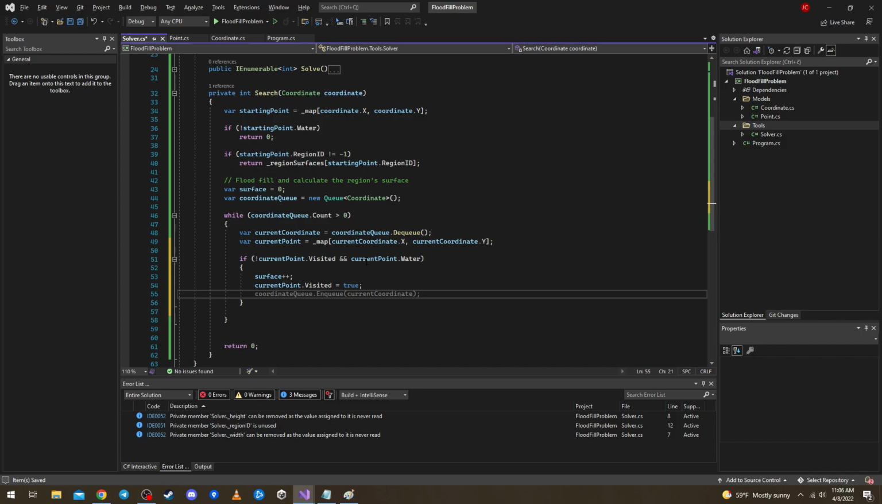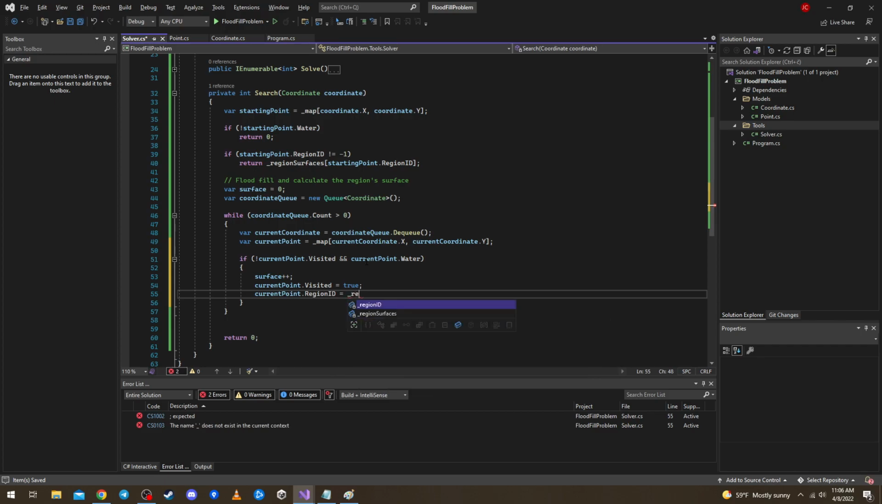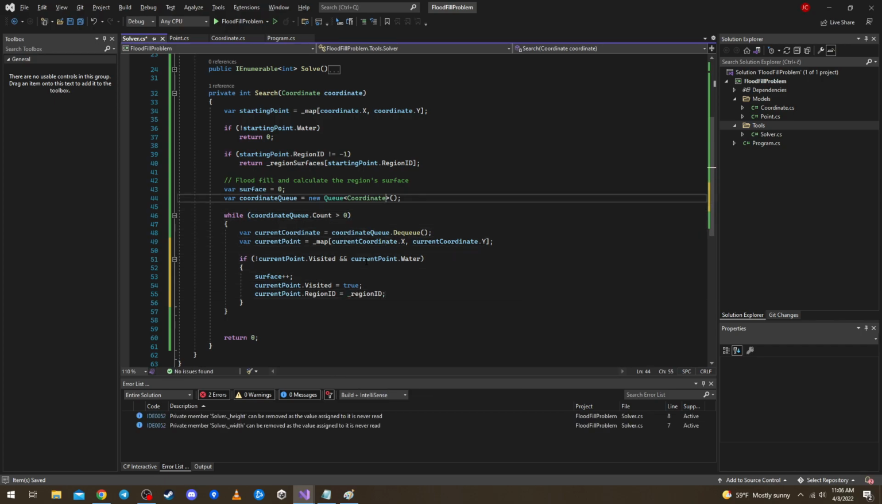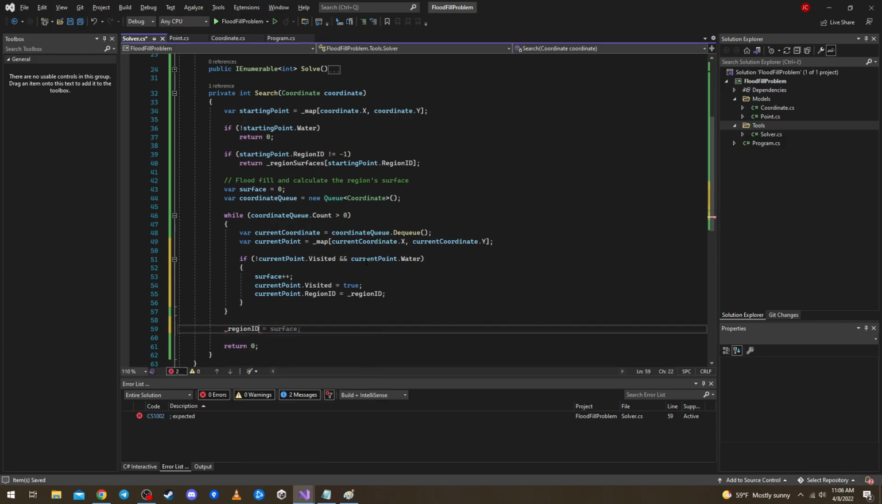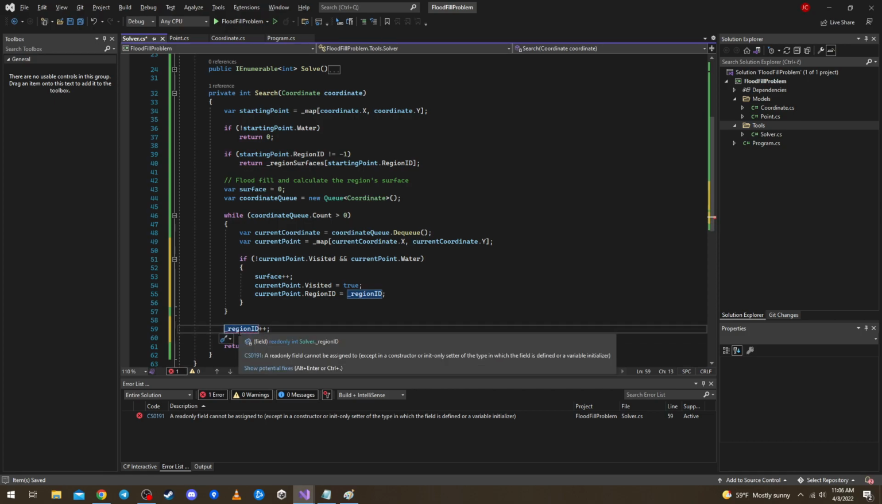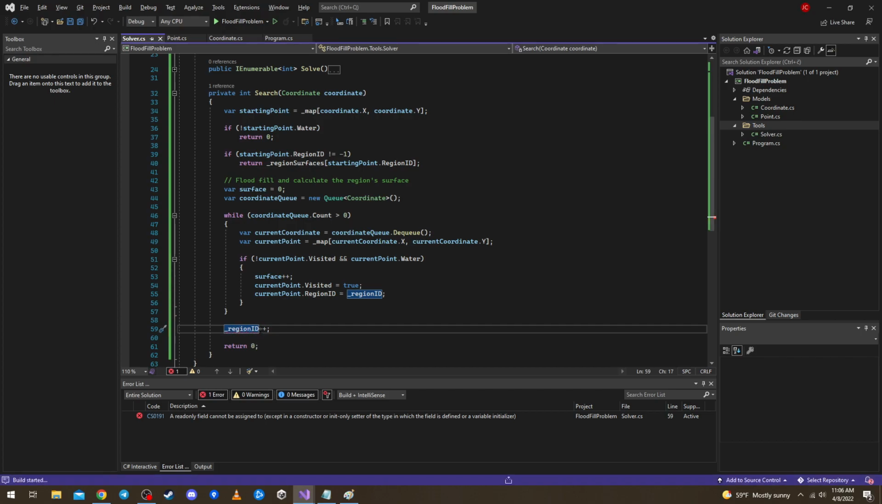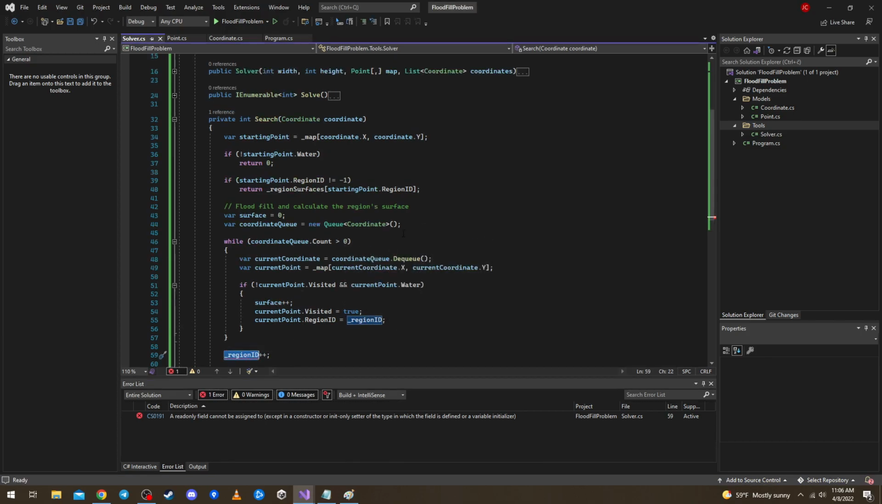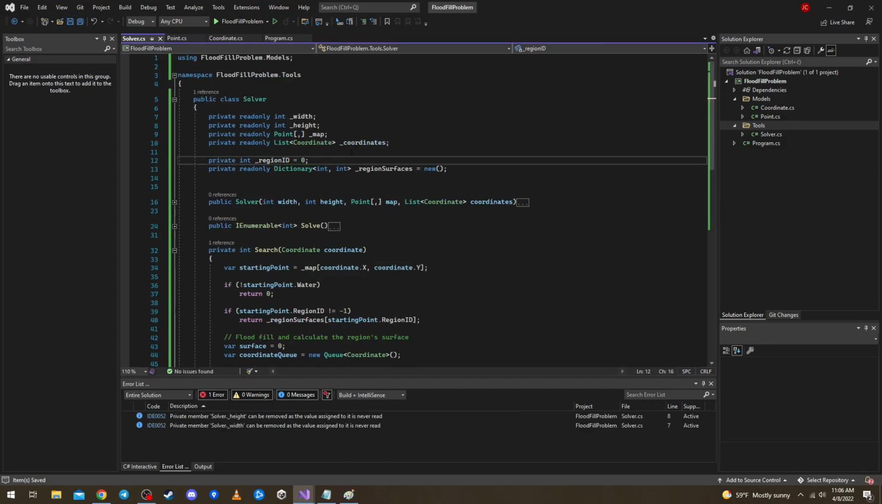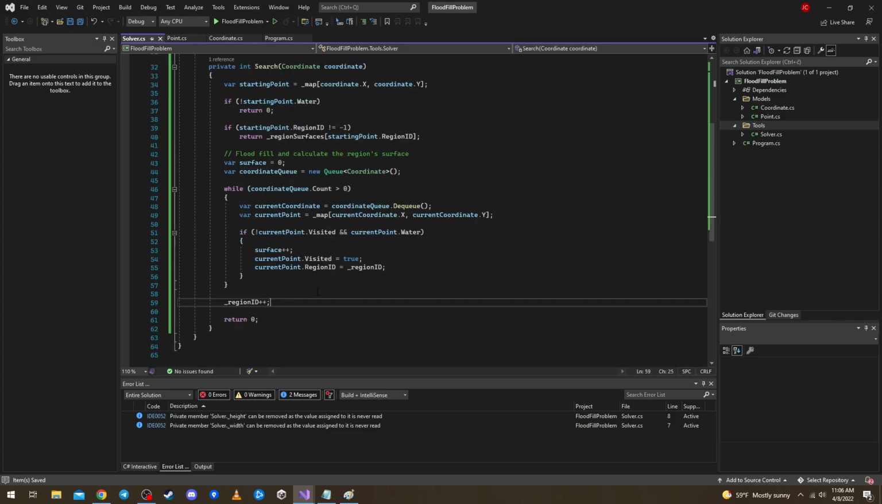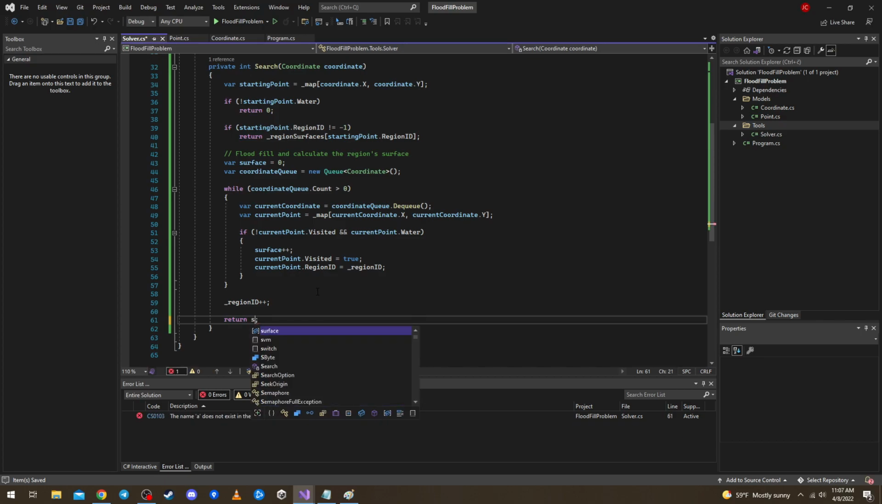and we will want to assign its current point dot region ID. Well, what's region ID? Well, the current region ID. And after we are done with this part of the algorithm, we will want to increase our region ID at the end. Why does it complain? Cannot be assigned to. Okay. Of course, sorry for this. So we can't make this read only. We need to increase it at a certain point. Region ID, and oh yeah, here we will just return the surface